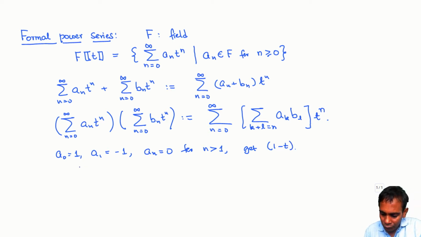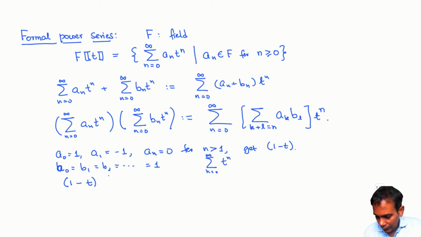And if you take b0 equals b1 equals b2, all of them equal to 1, then you get summation n goes from 0 to infinity t^n. And let's multiply these. So if you take 1 minus t times summation n goes from 0 to infinity t^n,